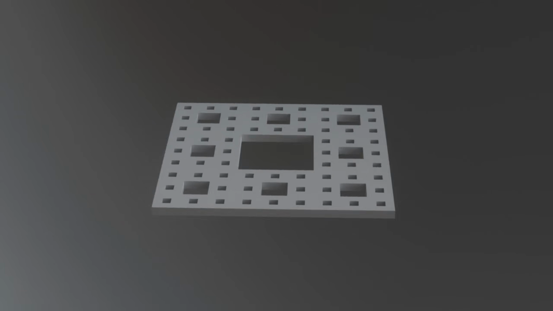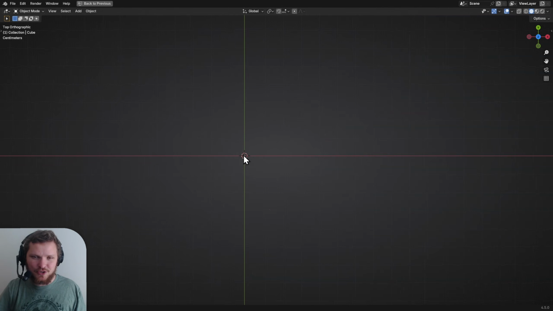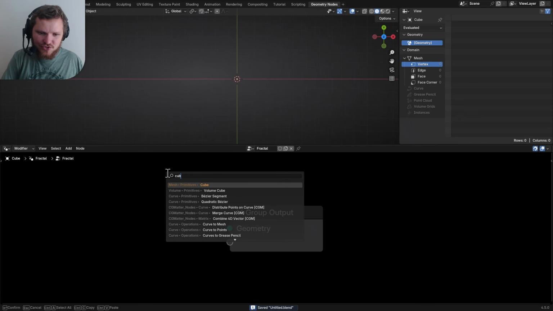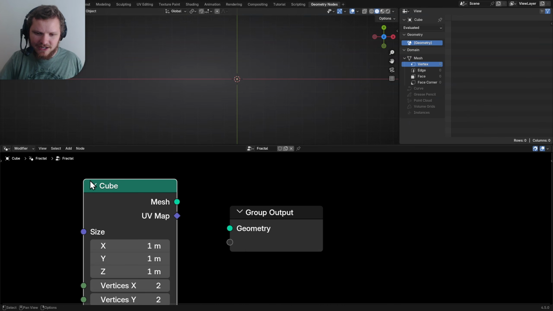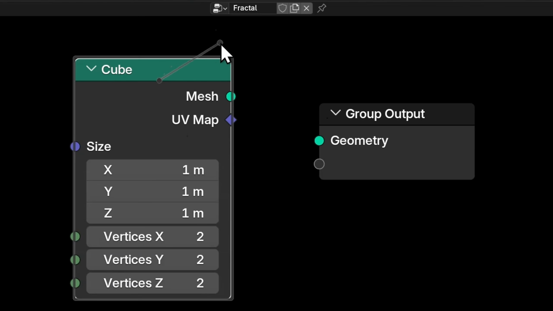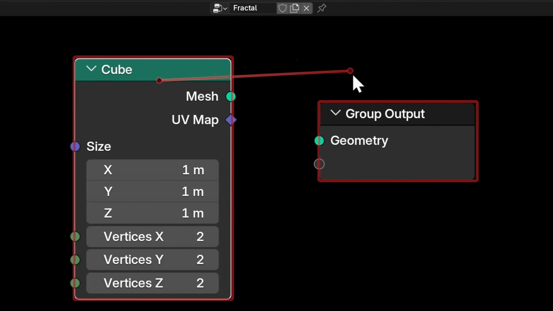In other words, step 1 is we need to put a bunch of cubes in the correct position. To do this, a sensible place is to start with a cube node like we talked about. As I do this, I'm going to talk about some hotkeys. So right now we've been connecting and disconnecting manually. A shortcut for connecting is hold down Alt and then right click. So you can see I'm holding Alt and right click. It creates this like